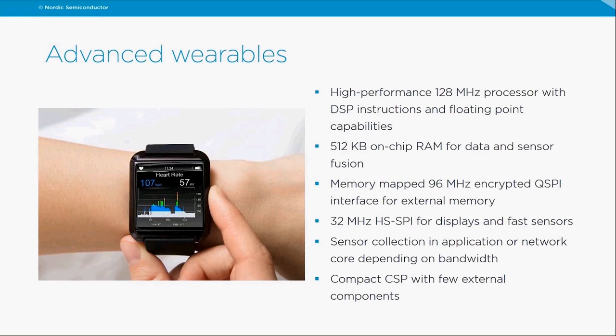If you want more memory, either if you want to have program code running from the external memory or you need external memory for saving data or fonts for a display, for example, you can use the encrypted QSPI for doing this. And this runs up to 96 MHz. You also have a 32 MHz high-speed SPI for displays and fast sensors. And you can do this sensor collection in the application or a network core, depending on what kind of bandwidth you need